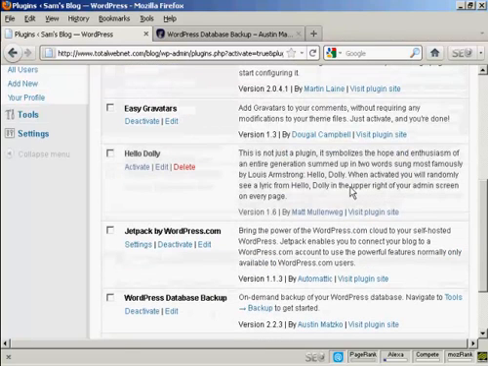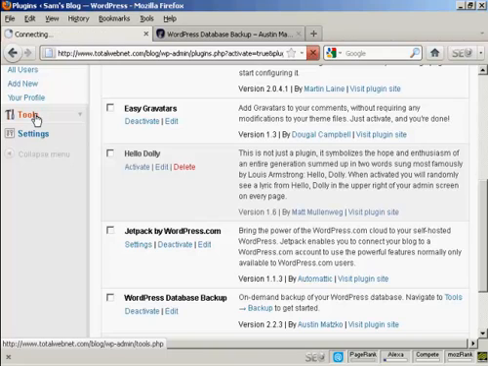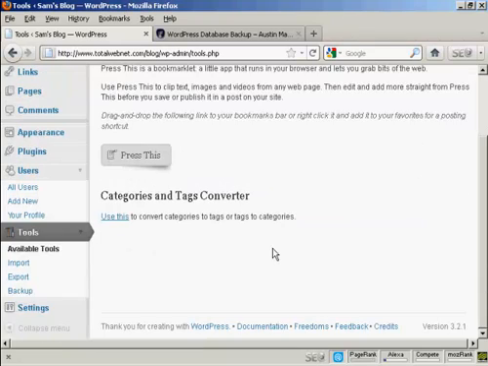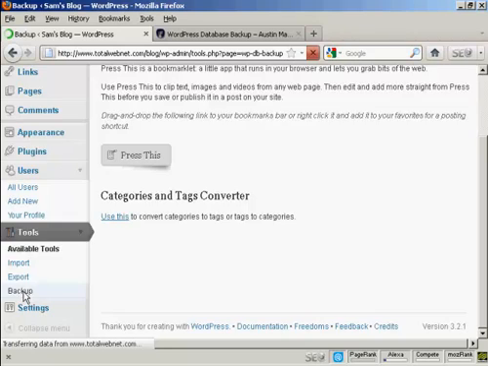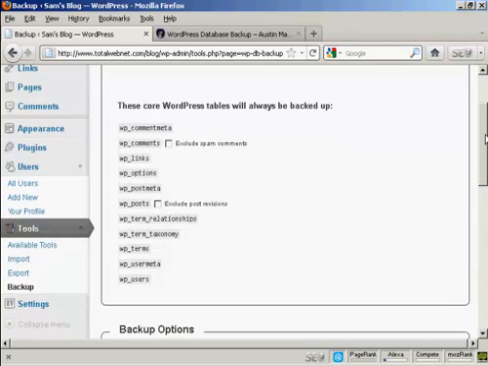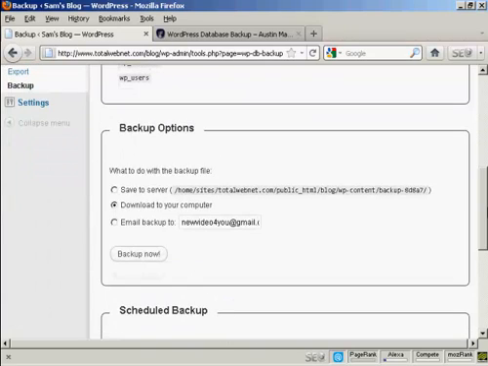And you'll also, when you click on Tools, when it comes down to Available Tools, you'll see here it says Backup. So click on there to configure it, and you can see it will enable you to download your WordPress database tables. You can exclude spam comments from the WP comments and exclude post revisions from WP posts if you want. And then you have the backup options,